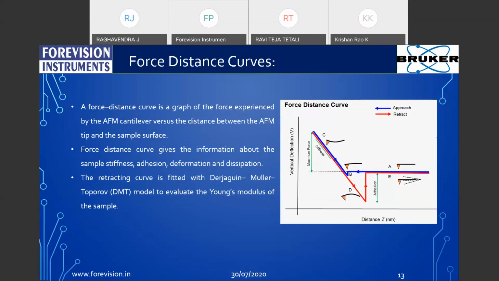And then still we are applying force to look at the maximum deflection of the cantilever. Then we will reach the highest force up to which the sample can withstand. And then we try to retract the cantilever by slowly removing the forces acting on the cantilever. Then we will get a lowest point